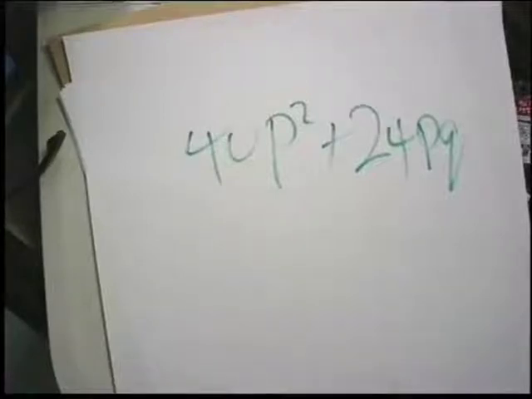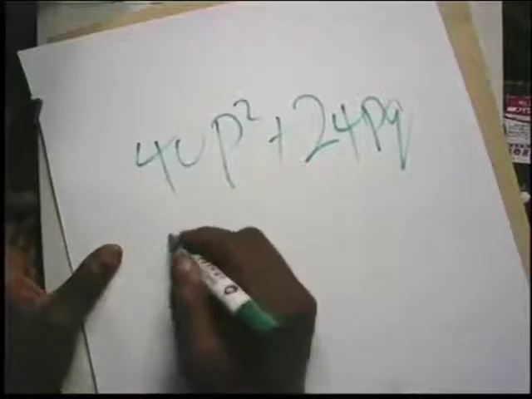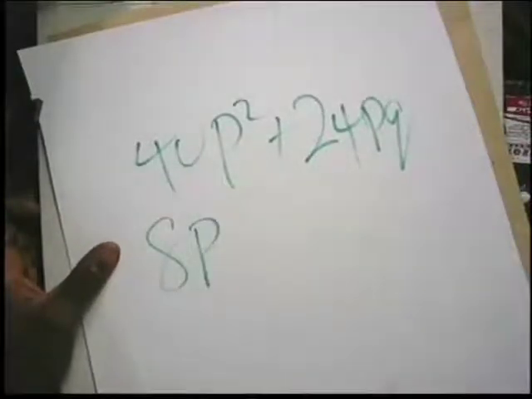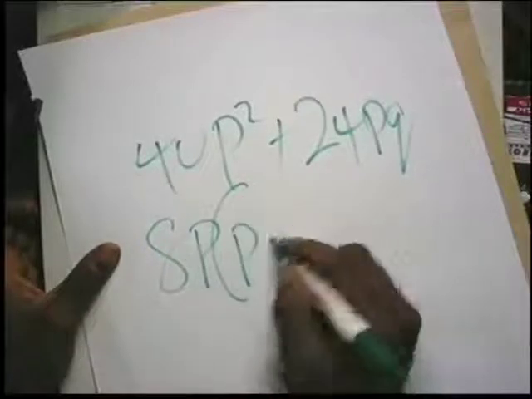How do you factorize this? If a question is talking about 4p into 24, you look at this equation and ask yourself, what is the common factor there? P is common. There is a P in this one, and there's another P in the other one. So what goes between 40 and 24? You will agree with me that 8p goes,